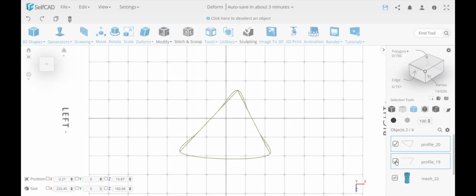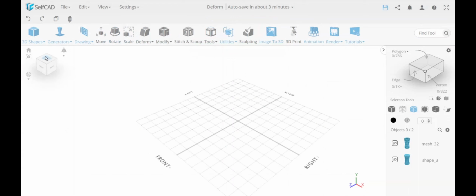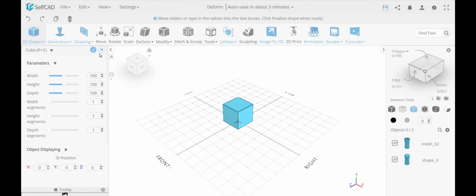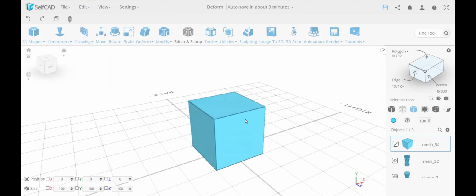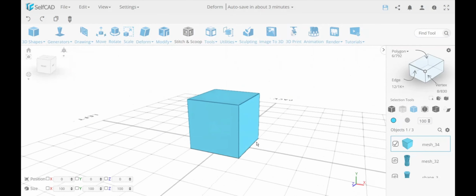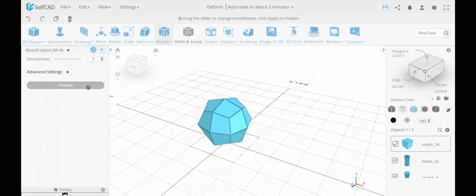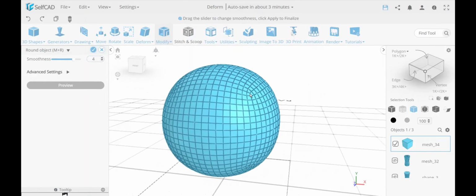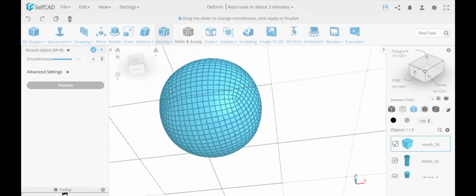points. Now, if you think about round objects, it's a lot more advanced because it's a 3D shape, but it's very similar. So if I'll take a basic cube, for example, because there are no points in between over here, it has only points on the corners. If I'm going to round the entire thing, what's going to happen here is, let me show you, it will basically turn it into a sphere because it rounds it from all sides. If I do something like this, look at this. And the more I do it, it turns almost into a sphere. Not exactly spherical, it still maintains some sharpness over here, resembles the original shape, but it's almost like a sphere,